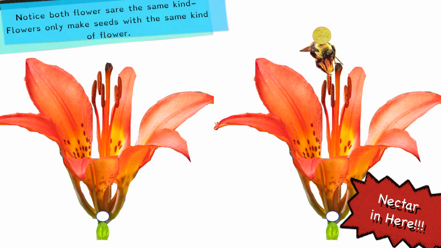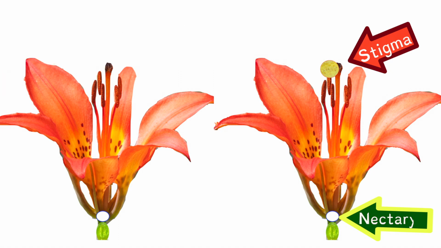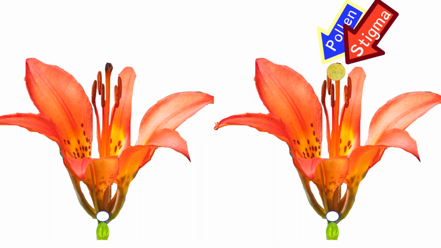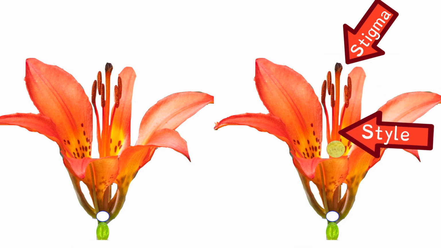The bee noticed the nectar and immediately rubbed up against the stigma on its way down to get the nectar. The bee drinks the nectar and flies away. Meanwhile, while the bee had been looking for nectar, some of the pollen came off its body and it's still stuck on the stigma. The pollen falls through the stigma, down the style, all the way down until it reaches